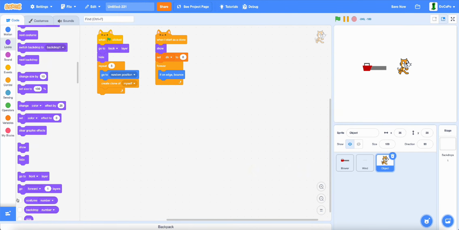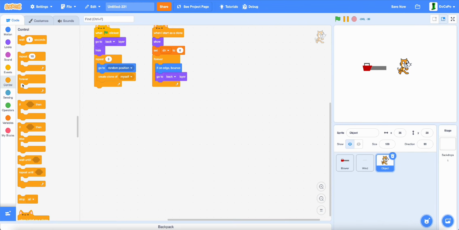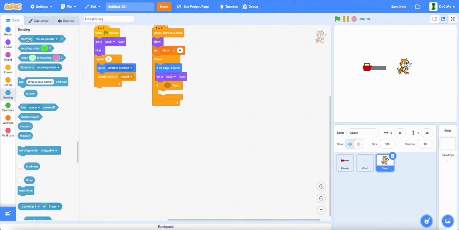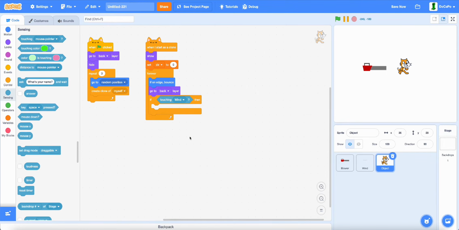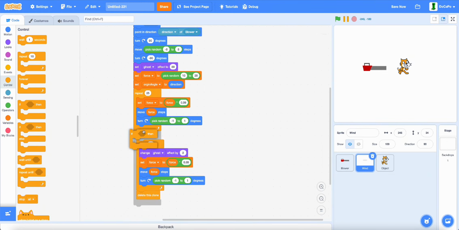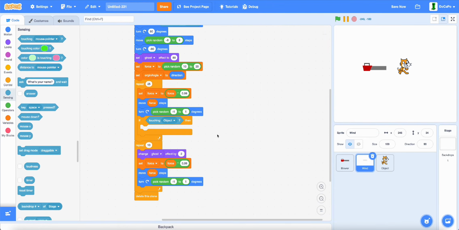Then go to back. Now if touching wind, and then back in wind, if touching object,